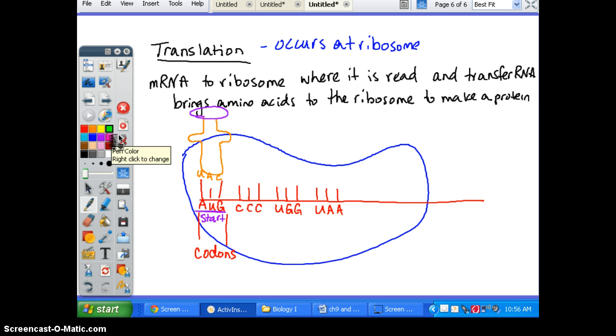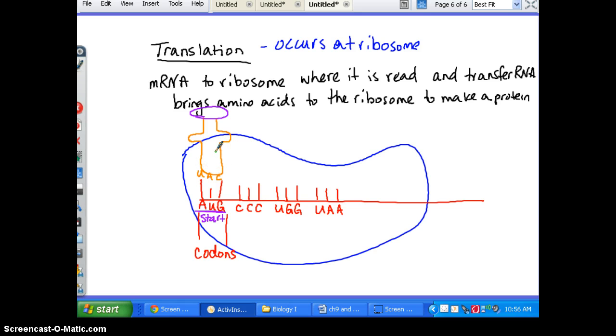Okay, so we have this transfer RNA come in. It brings in the